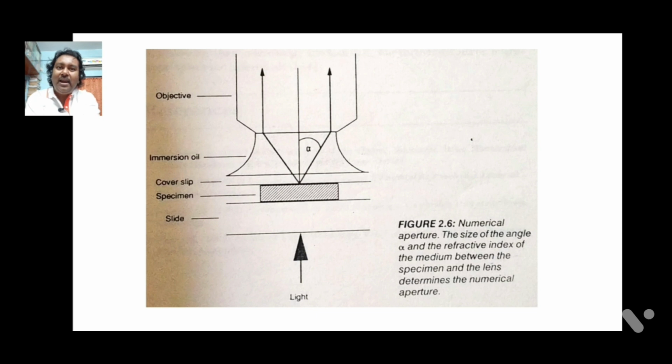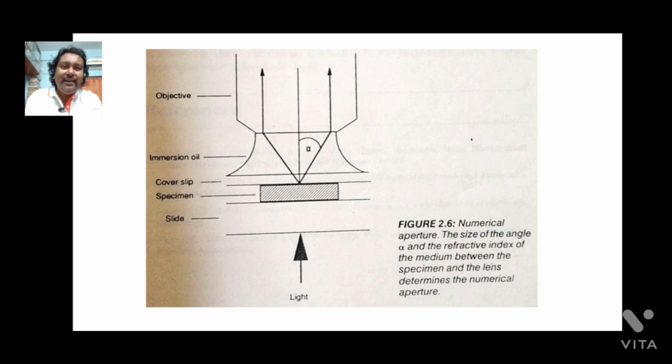In the case of the oil immersion objective, it is 1.51, and the maximum theta value is 90 degrees. So, at 90 degrees, sin 90 is 1. So, the numerical aperture for an oil immersion objective should be 1.51, but in practice it doesn't exceed 1.4, because